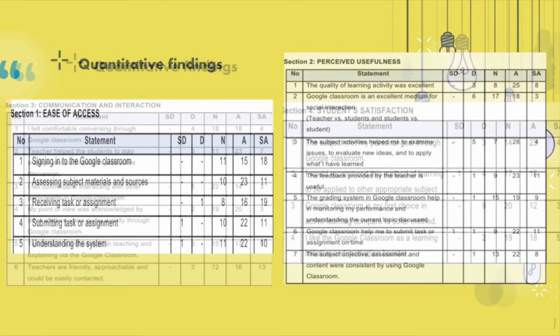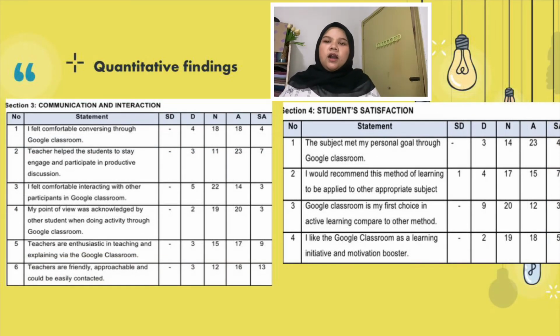the pandemic. So the next one are the results for communication and interaction, and also the students' overall satisfaction towards using Google Classroom for their virtual learning. So for communication and interaction, most of the students actually chose neutral as their response, and I think this is because Google Classroom doesn't really help much for communicating or interacting with classmates or with the teachers.